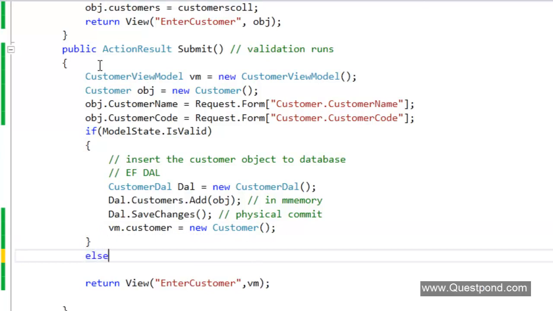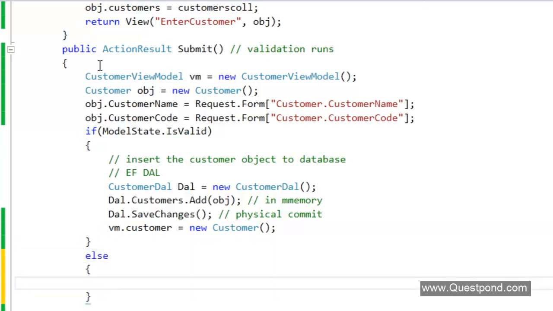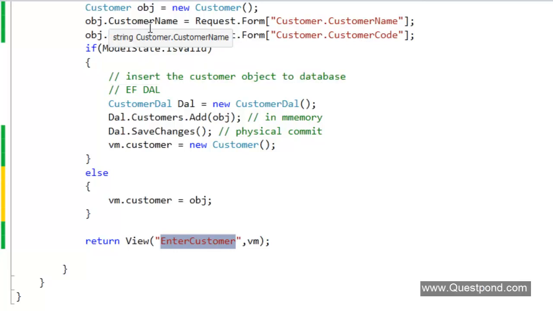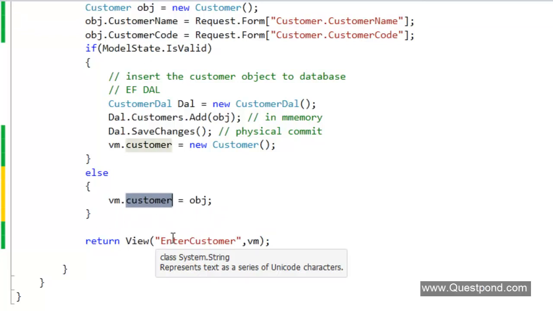Or else what we need to do is take the same object we have at this moment and set it to this. In other words, if the validation is fine and it has been inserted into the database, we just need to refresh it with the new object and send it to the enter customer screen. But if the object is not valid, we need to persist the customer name and customer code. So you can see here I'm passing the same obj back to the view model dot